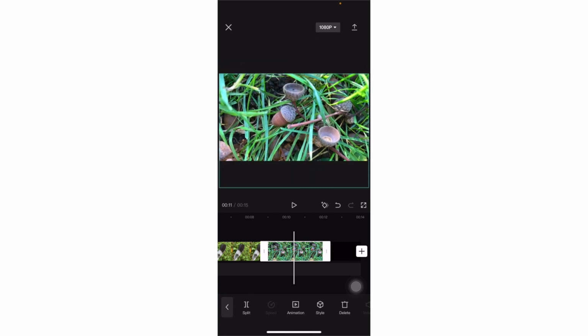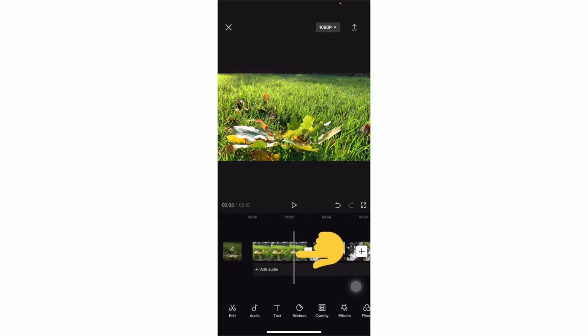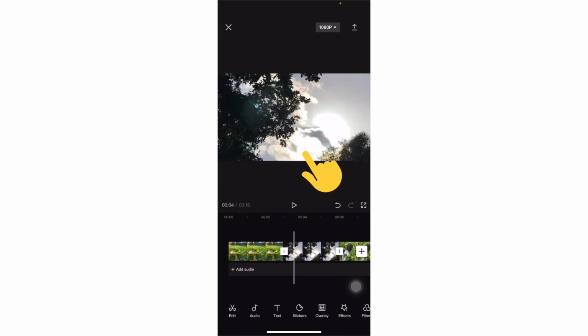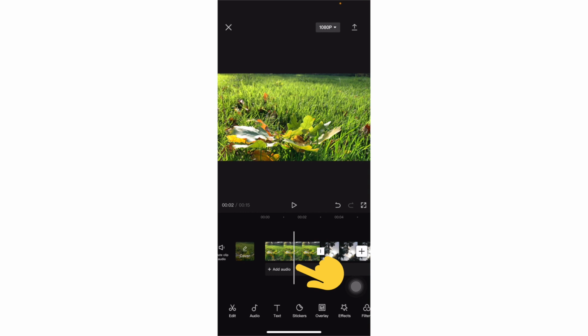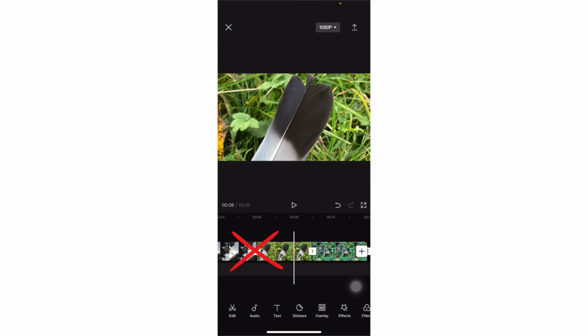Okay, there we go. So now my whole video is a nice horizontal shape. The vertical white line that you see in the timeline in the lower third of this screen is the cursor, and that's an important one. In the image, on the bigger screen, you always see the image that is where the cursor is. And you might be tempted to look at the images in the timeline itself, but that's not very reliable.